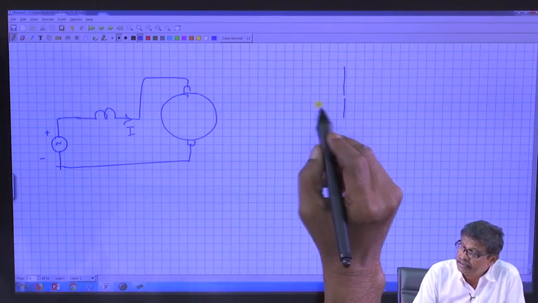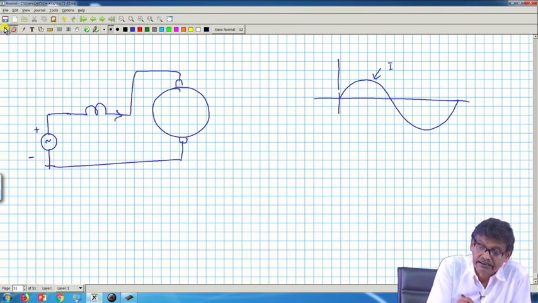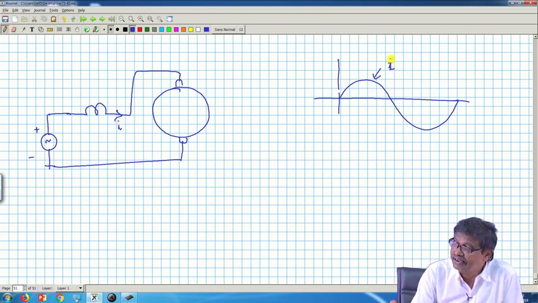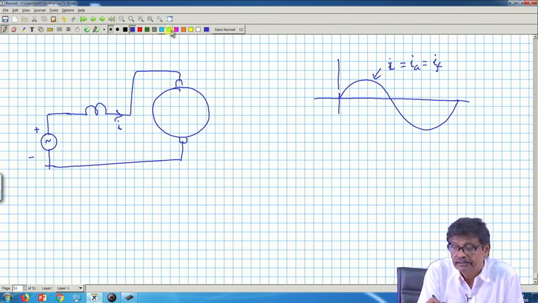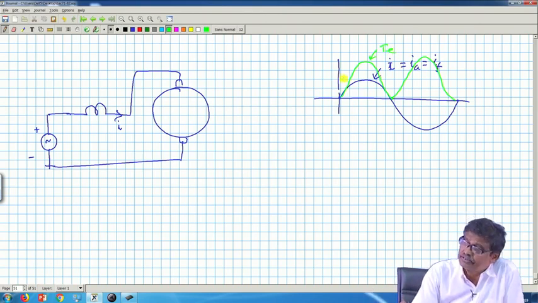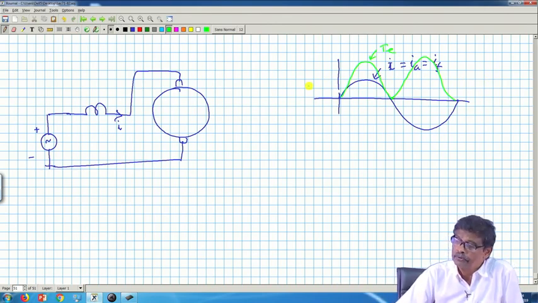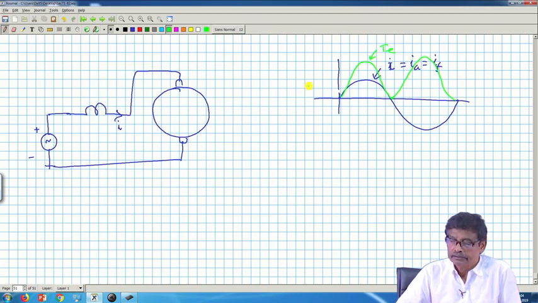Therefore, if I is like this, this is I, small i better to indicate it is to be operated. This I is nothing but IA, nothing but I field. Therefore, the electromagnetic torque produced will be IF into IA, and if I sketch it, it will be something like this. This is the electromagnetic torque. So, always unidirectional torque, and a very good average torque exists, and therefore the motor will start rotating in a particular direction. Therefore, a DC series motor is a candidate to be operated